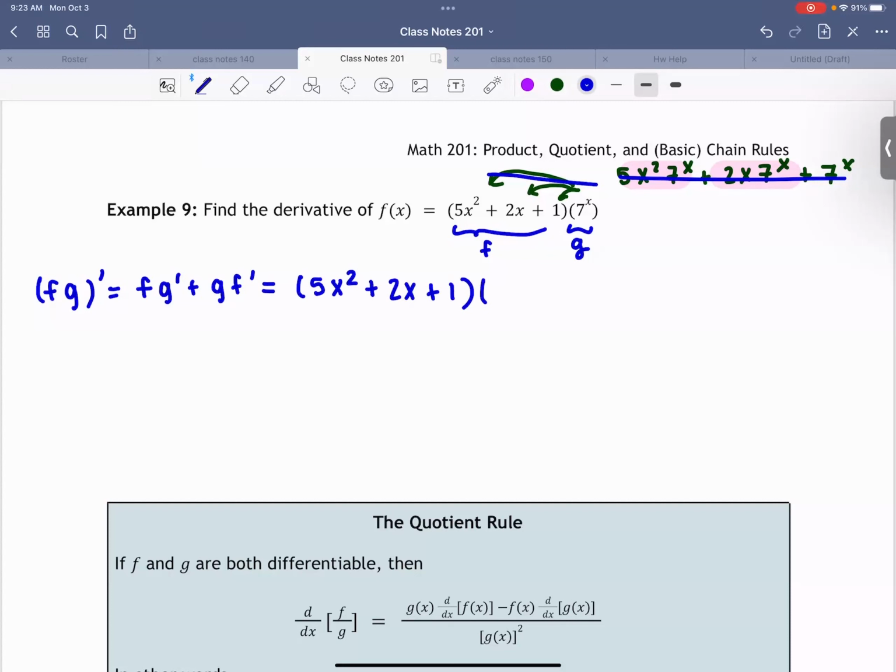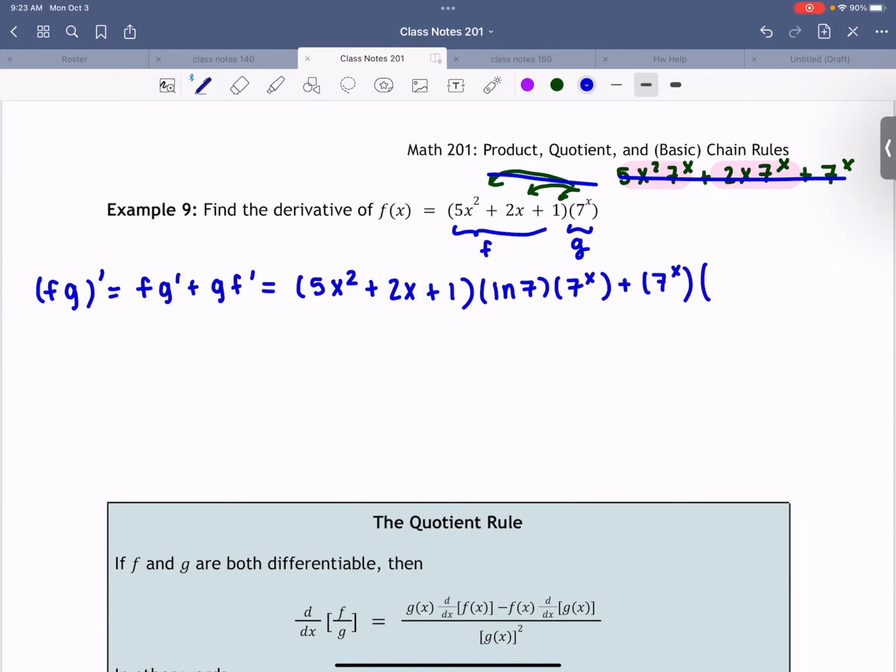What's the derivative of g? 7x minus 1, so the power of x minus 1? Not quite. It's not the power rule. It's something else. There's actually a rule we had to memorize for exponentials. Will? Natural log of 7. Good, right? This was one of those we had to memorize. The derivative of anything to the x is the natural log of that something times that something to the x. We're going to add on g times,